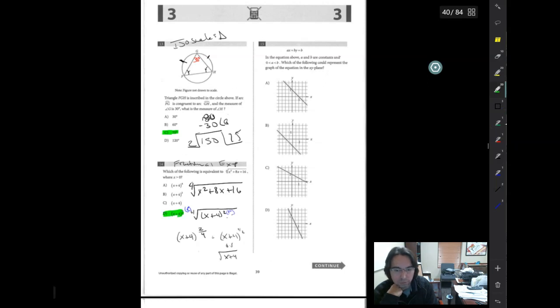Definitely a little different for a fractional exponent problem. Okay, 15 here. My recommendation on this one is we're dealing with constants. We have a linear equation. We're trying to graph this thing. So why not just make up numbers? It gives us some sort of